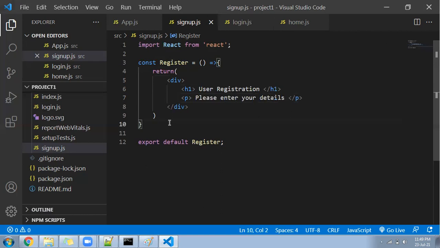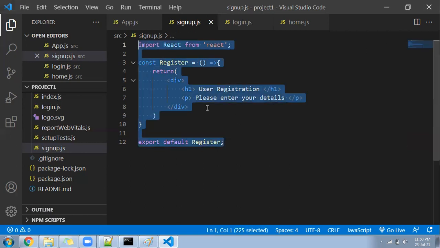You saw, very simple. We created a component based on a function component, and it is simple, like a constant we created, based on the fat arrow method, right? And the remaining everything is just the same. After that, you are able to import the register function into whichever component you want. So our target is what? We will import this register component under the app file. So hope you have written this.